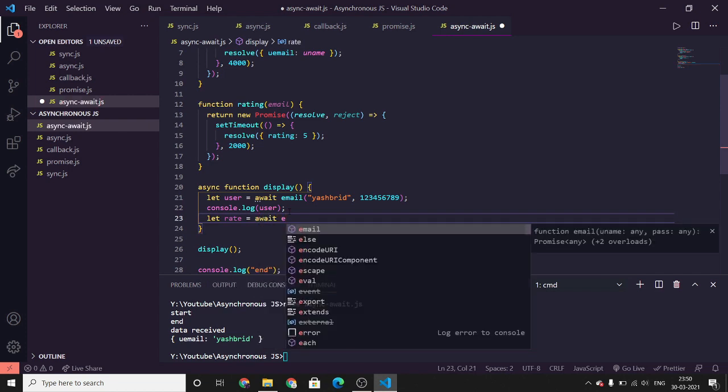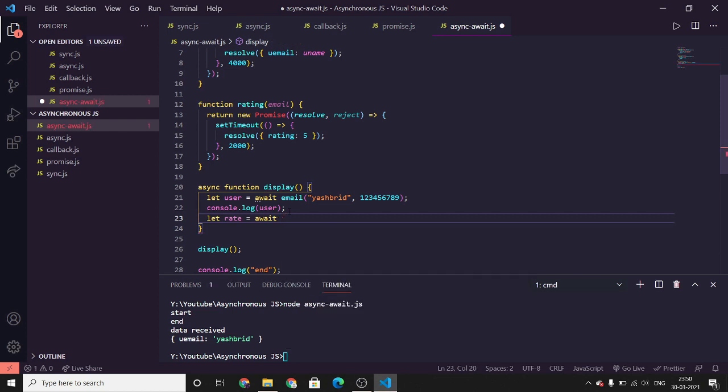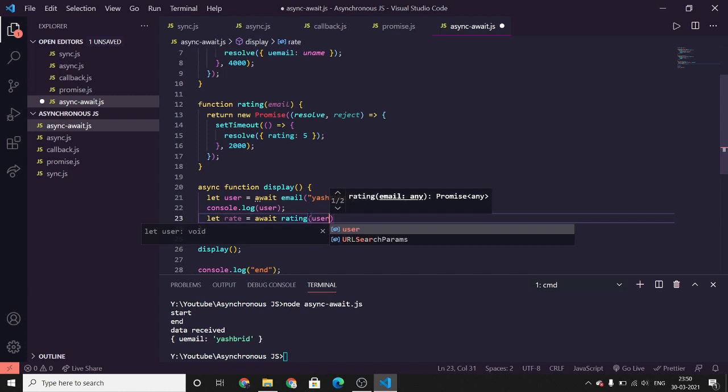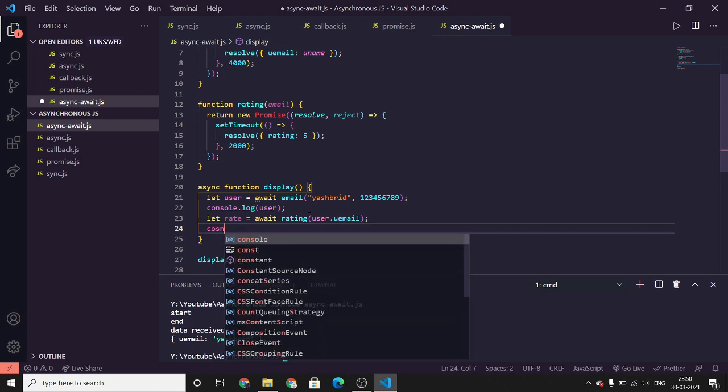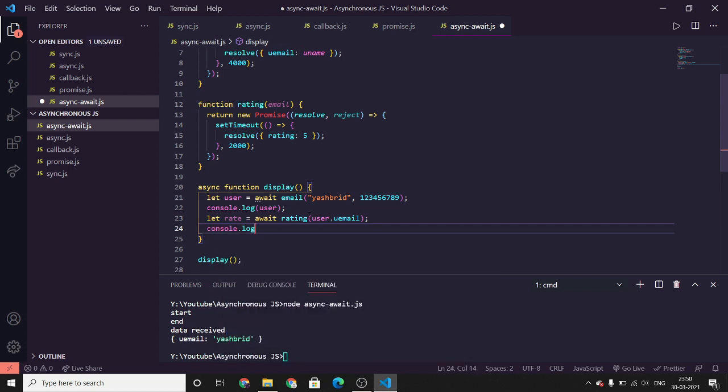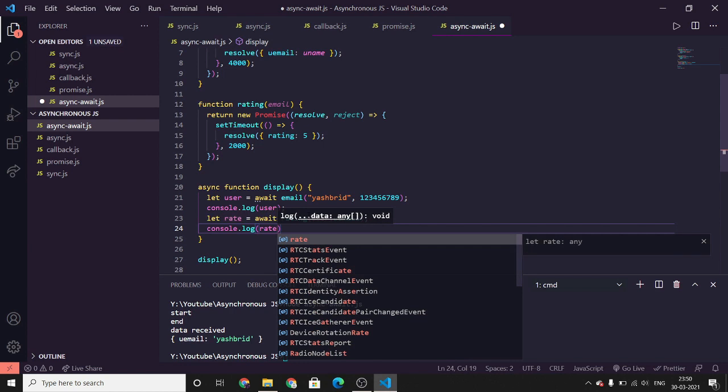It will suspend the execution until the promise is returned. So call function rating, and we have our email inside the user. So we'll just use user dot uemail, and we will simply print rate. So console log rate.